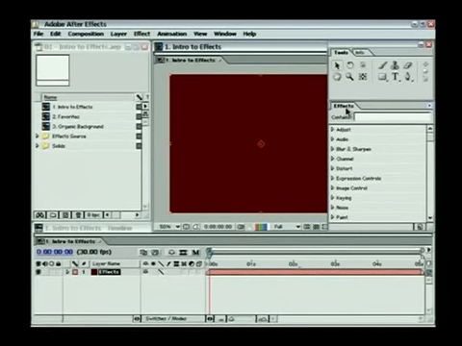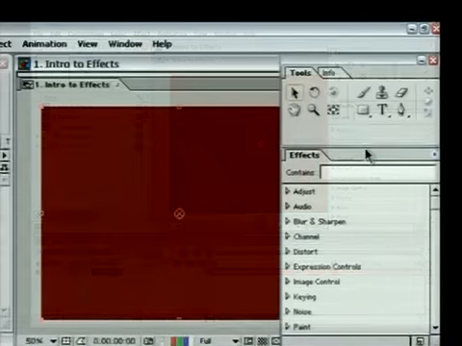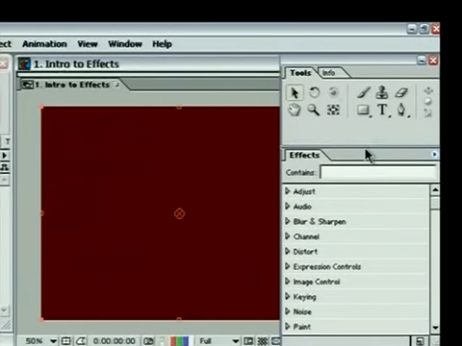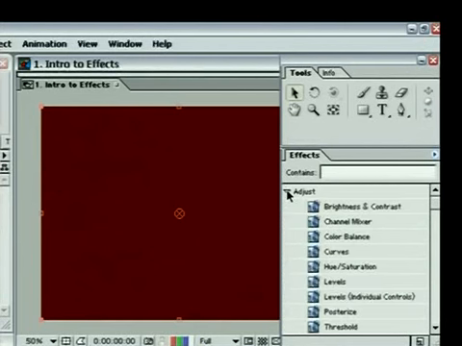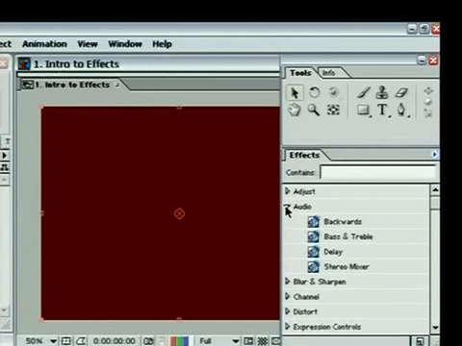Now, I currently have the Effects palette pretty much by itself here in my workspace. You'll probably find it nested in with the Time Controls palette on your screen, but just to tidy things up a little bit, I've docked it up here with the Tool palette so it takes up as little room on screen as possible. But the Effects palette is a really great way to work. Not only does it allow you quick access to the same categories you would see in the Effect menu by just twirling open these categories that you see here to reveal the effects that you can find within, but it